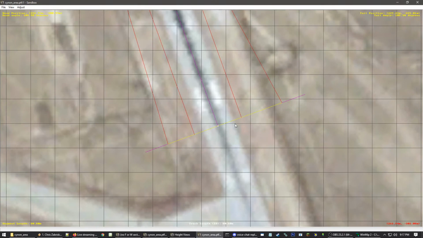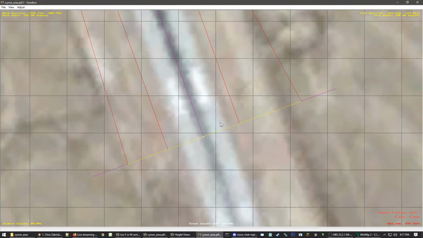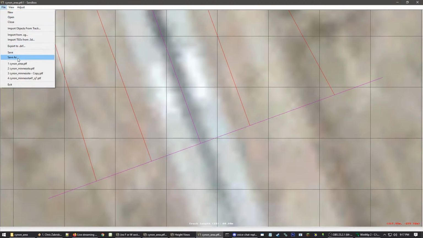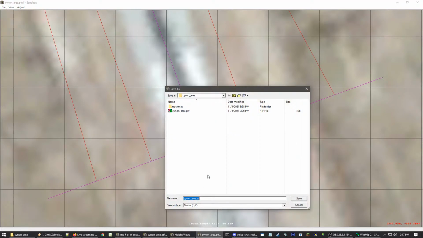I'm just doing this to let everyone in on my general thought process and working habits for making NR tracks and content for this game in general. So I think we're going to save often, a lot. We're going to try to save really often, but another thing I like to do is save iteratively, which basically means